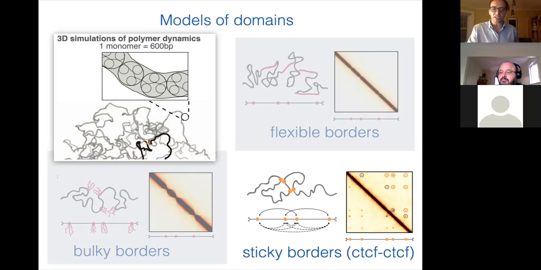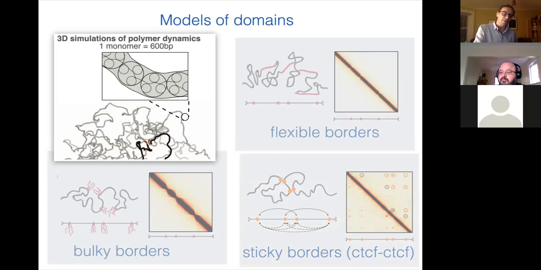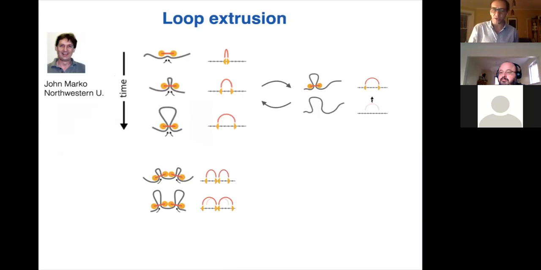It would generate kind of a map with dots corresponding to pairs of such boundary elements that stick to each other, but it's not going to enrich contact frequency between them and insulate consecutive regions from each other. So this kind of model didn't work either, and we continued enumerating these models, trying to come up with some mechanism that may work. And at that time, we learned about the work of John Marko, and John was interested